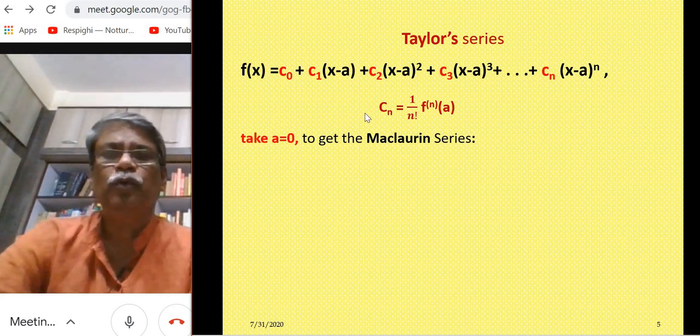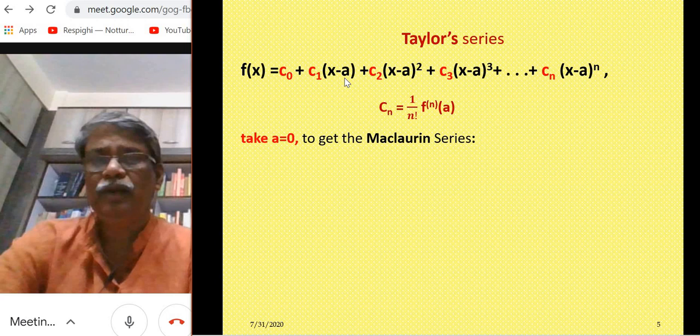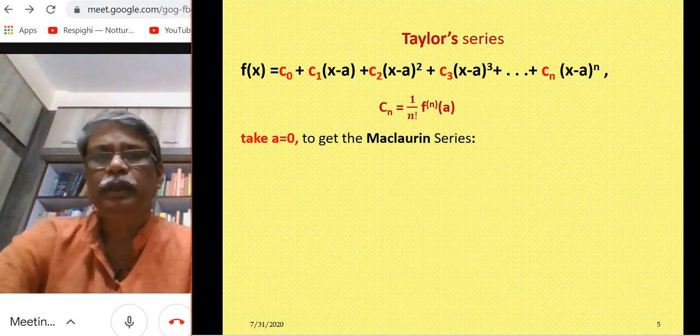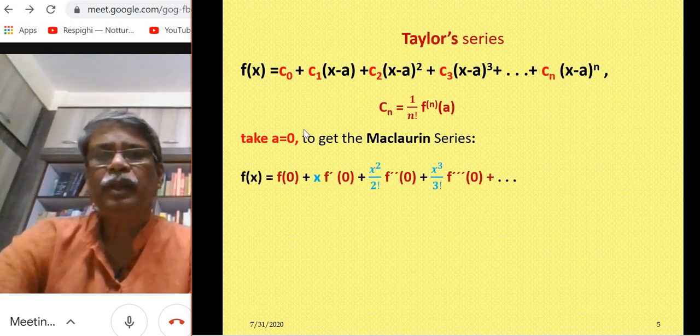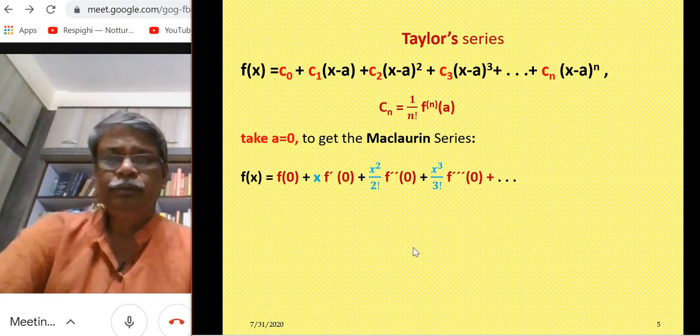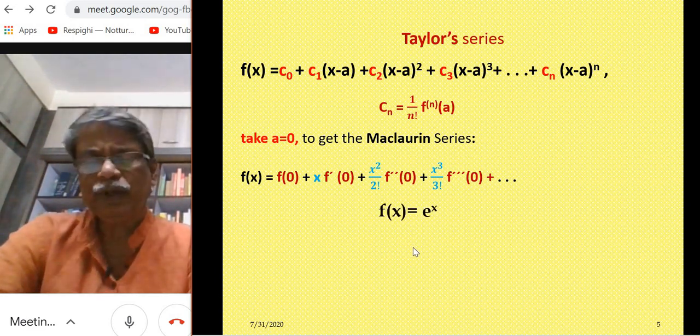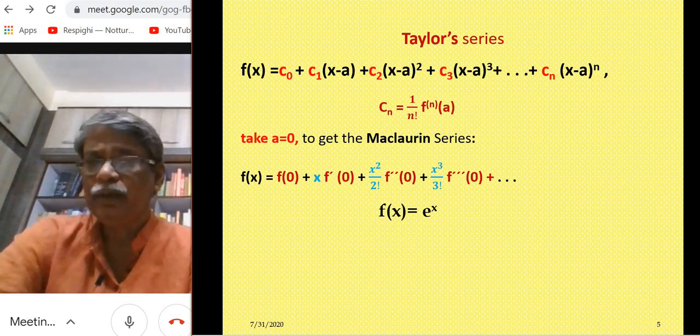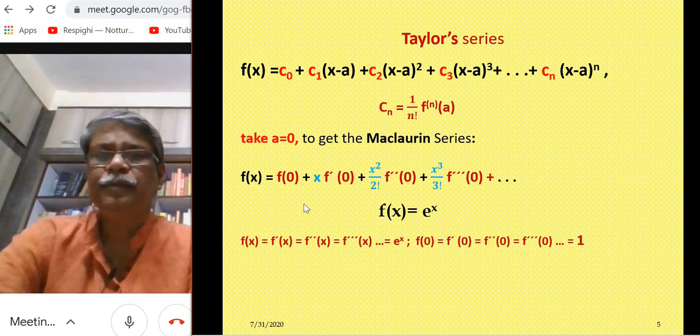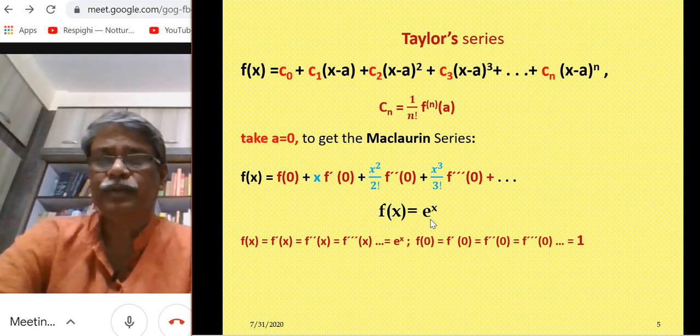But a can be any value, and if you select a to be 0, you get a series like this, that is f(0) plus x f prime(0) and so on. This is nothing but the Maclaurin series. And now your focus function is e to the power x, right? So you can expand e to the power x in terms of a polynomial using this Maclaurin series. But interestingly, for this particular function e to the power x, at x equal to 0,